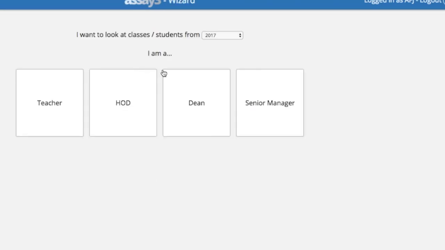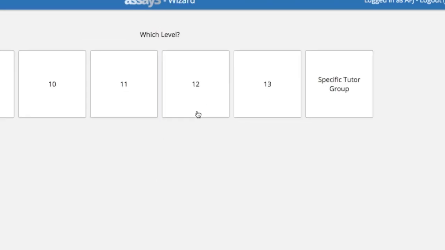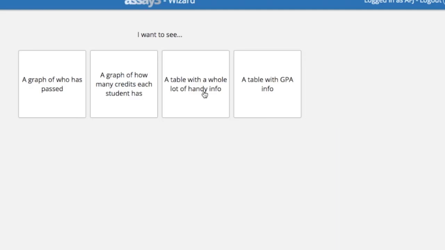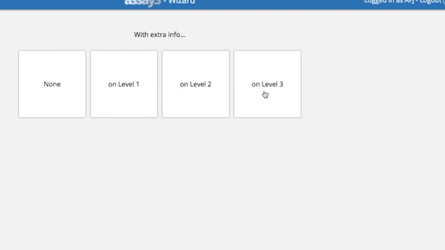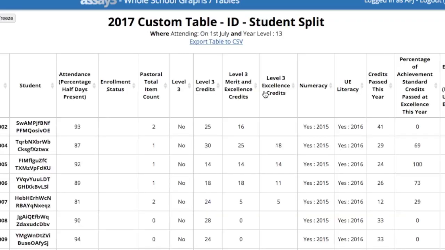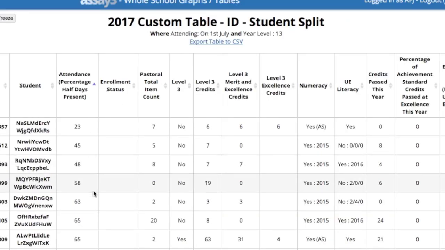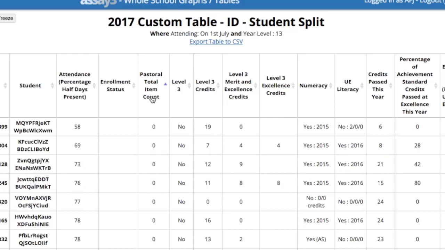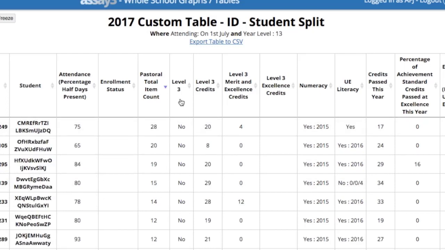Also inside this wizard, we can come and have a look at the table with a whole lot of handy info. And we'll have a look at the same level 3 group. What this allows us to do is easily highlight those students with attendance issues, with pastoral item issues, who haven't got level 3 so far,